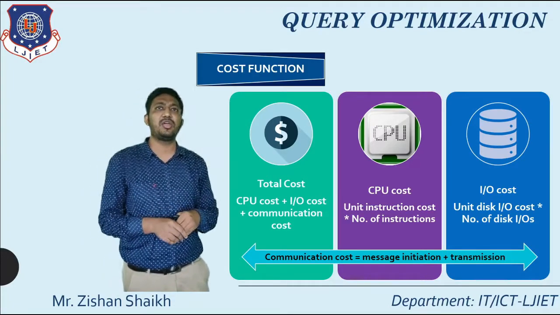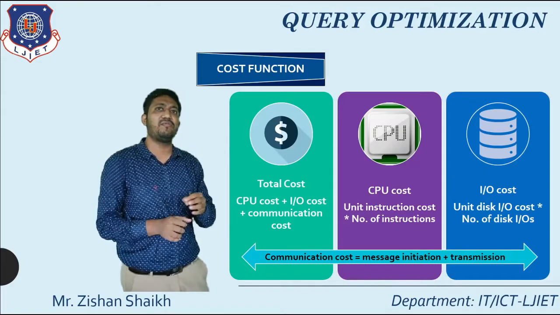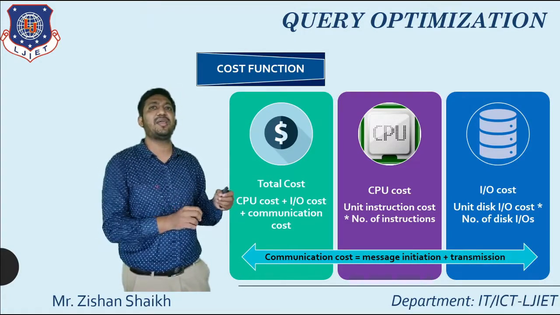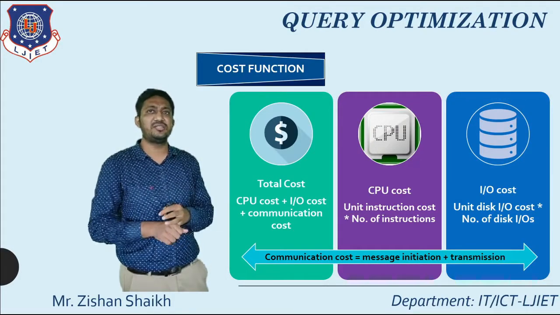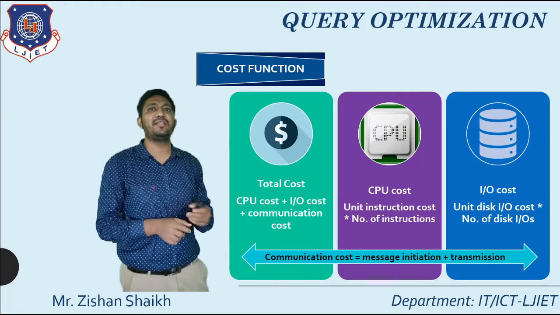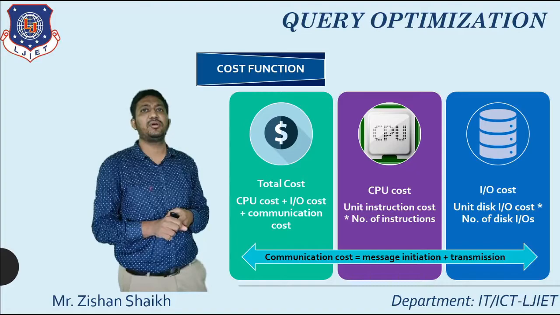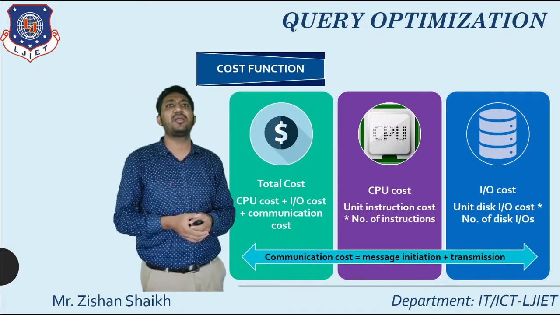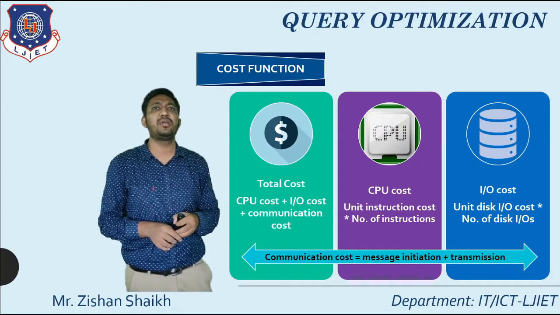When we are talking about query optimization, the search space gives the number of alternatives. Those alternatives give the basic query execution plans. After that, we apply a search strategy with the help of the cost function, and that will give the minimal or optimal cost for executing that particular query. So this is the basic idea of how we perform query optimization.